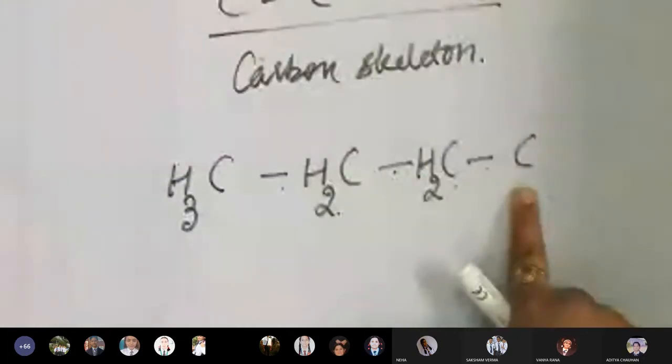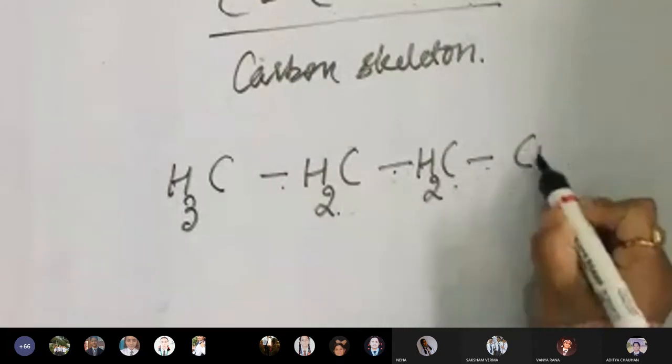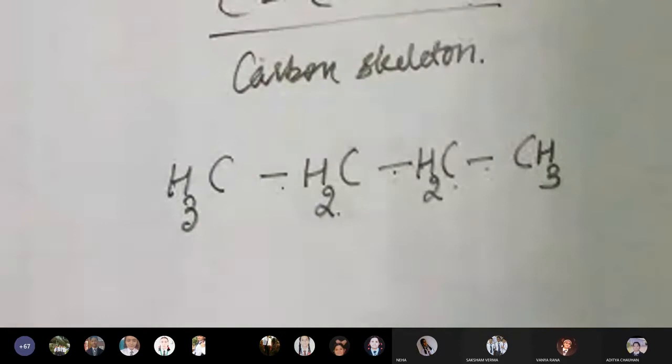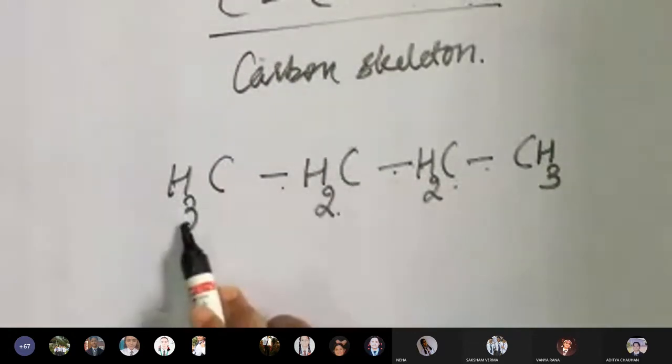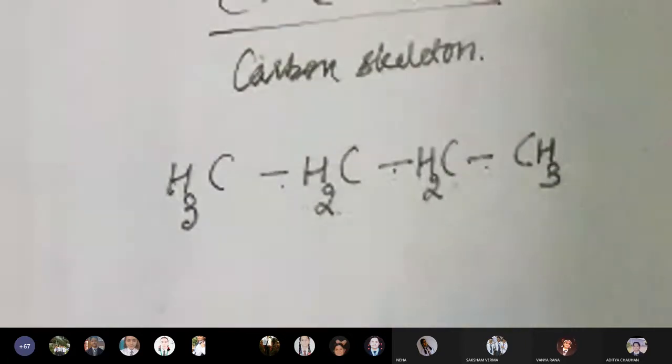This is a terminal carbon. I hope you remember what a terminal carbon is: the starting or ending carbon. It is already making one bond, and how many more does it have to make? 3. So I will attach it to 3 hydrogens. Now when I write this kind of structure, there is no bond shown between hydrogen and carbon. I have simply written H3, H2, H2 and H3, not shown the bonds like this. If I have not shown them and it is a simple chain, then this structure is known as the condensed or abbreviated structure.